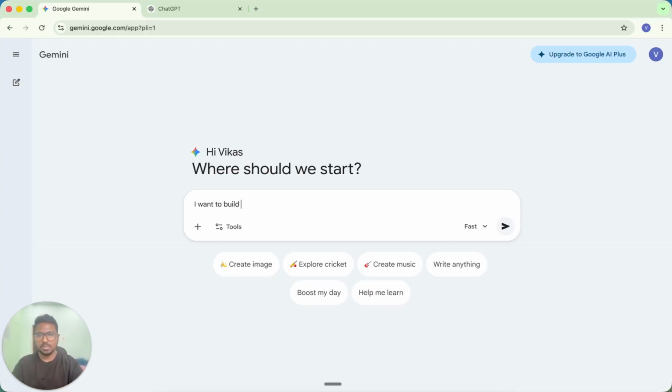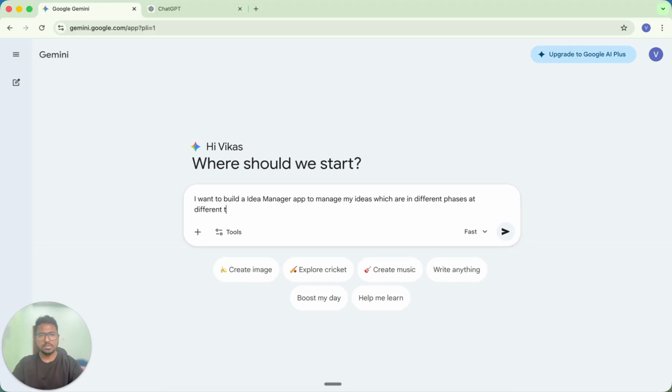To build a manager app to manage my ideas which are in different phases at different times, and I also want to track the status of each idea so that I know how many of the ideas are